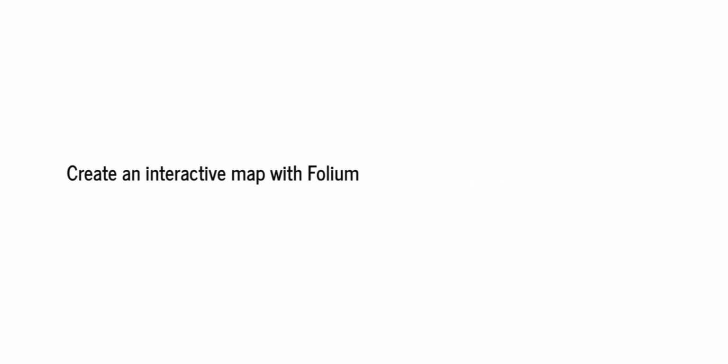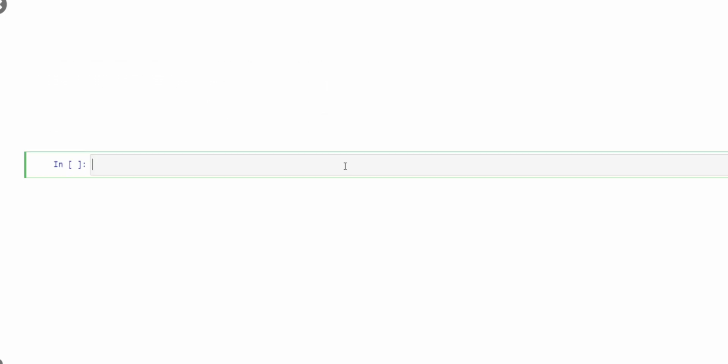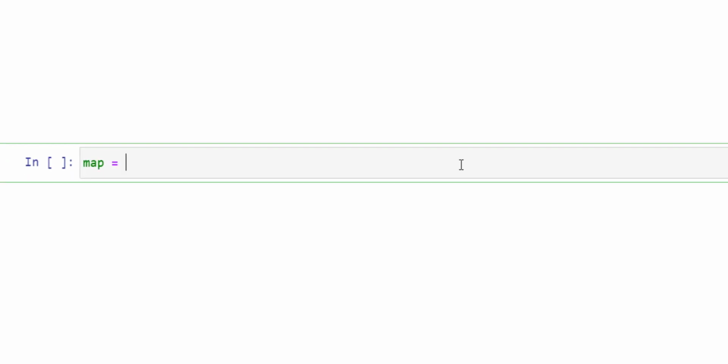So now we are going to create the interactive map with folium. We have already imported the package, and we are just going to create first an empty map, and then we are going to add a marker. So we will use a new variable, map, and we will call the folium package dot Map function, and within that we will assign the location, and this is the latitude and longitude, and for here we are going to put the square bracket and call the latitude and longitude of the Kinshasa,